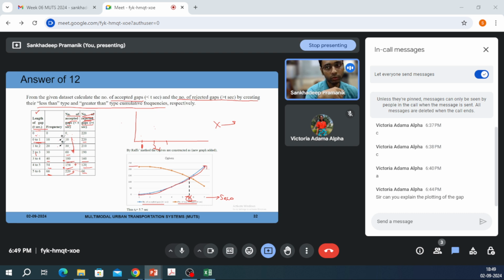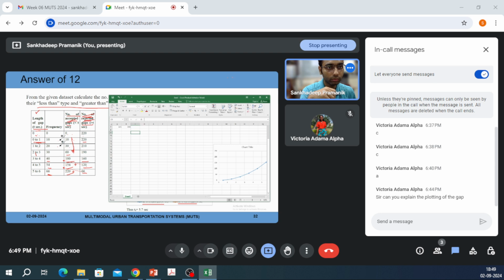So you need to take this mid value of the 0 to 1, and then you need to plot it against these accepted gaps and these rejected gaps. So, and if you plot it for the rejected gaps,